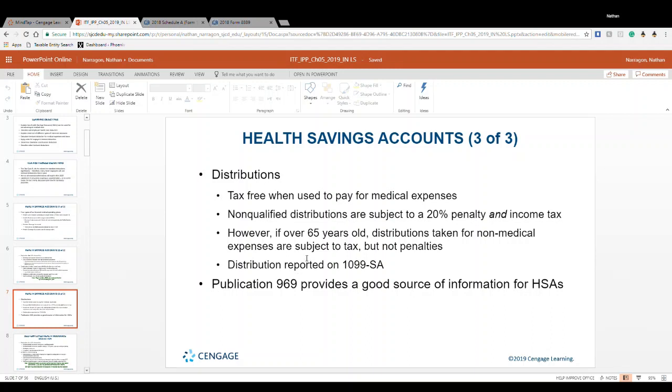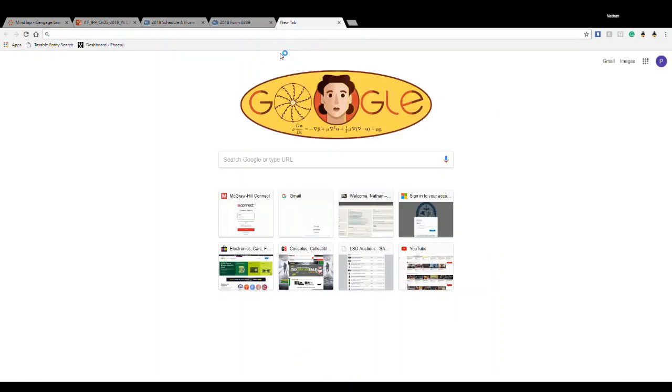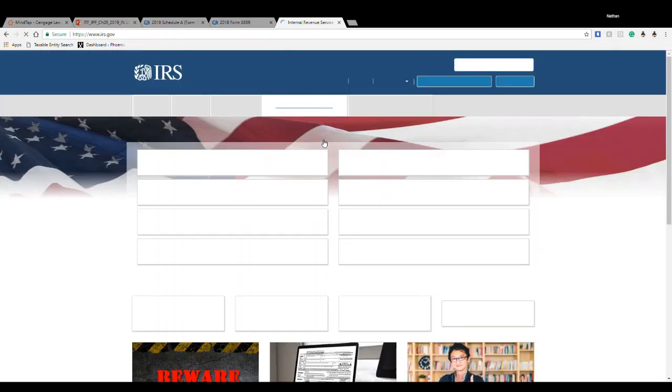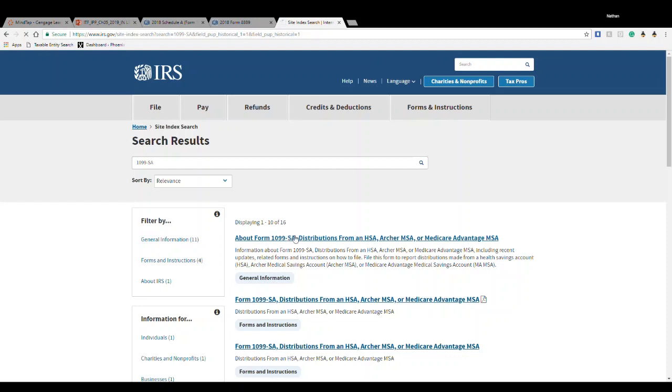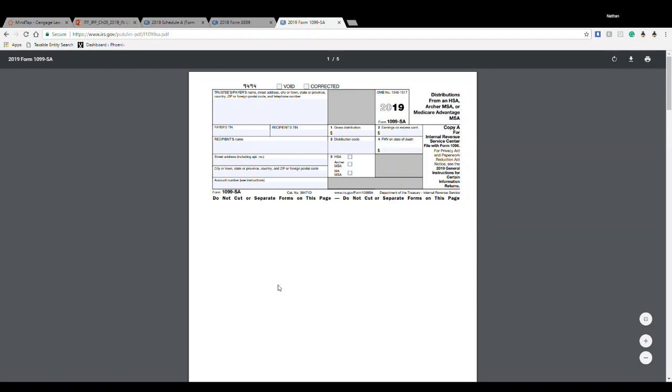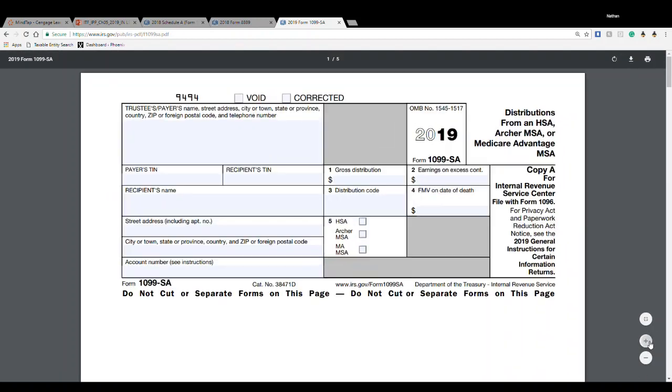And then you're going to see distributions reported on Form 1099-SA. So let's go check out a 1099-SA. All right, so I've seen these quite a bit. They're not hard forms, and not like the 1099s that we have, but this is the 1099-SA, if you ever see one. Okay,